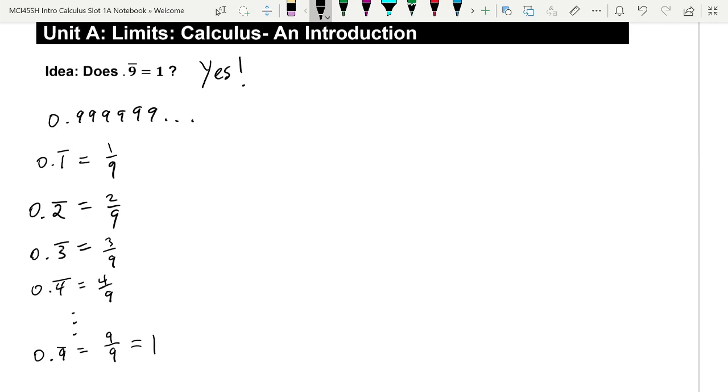I can give you a more sophisticated one that should make sense to you if you think back to the first unit you did last semester. I'm assuming everyone here was in 30S pre-cal last semester. So do you remember Unit 1? Unit 1 was, of course, sequences and series. I could take 0.9 repeating and think of it as, of course, 0.99999, blah, blah, blah. And I could actually think of this as 9/10 plus 9/100